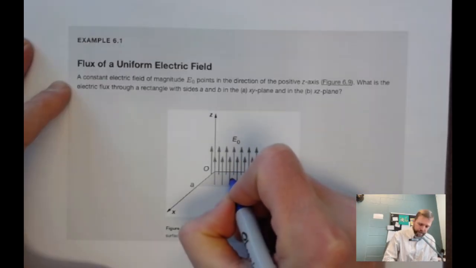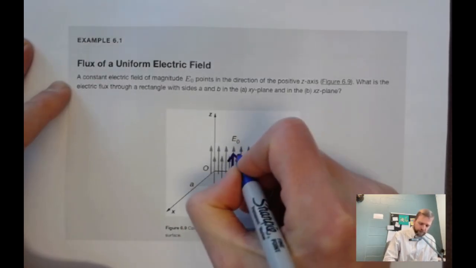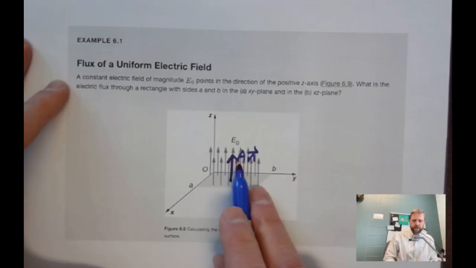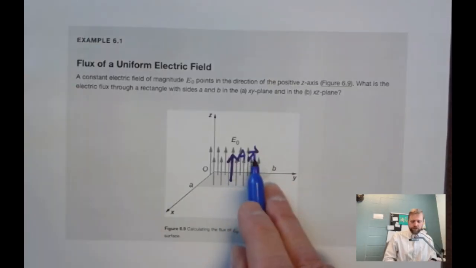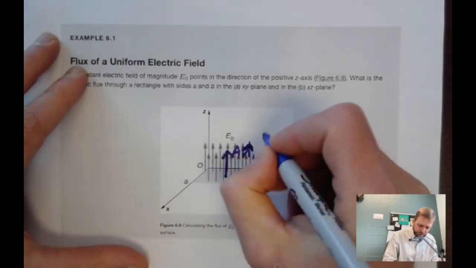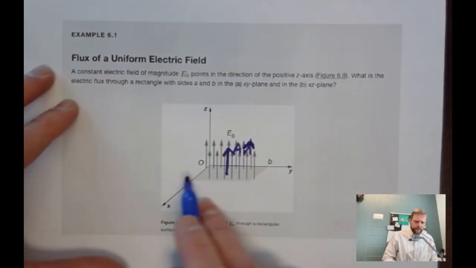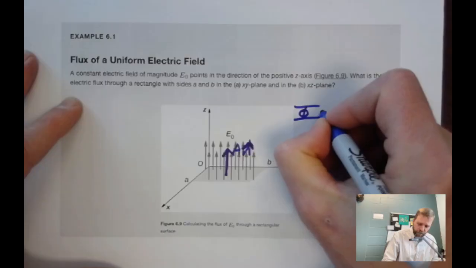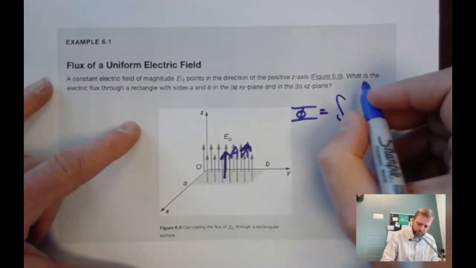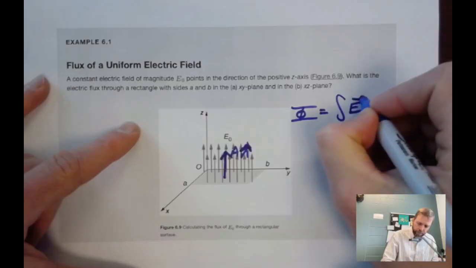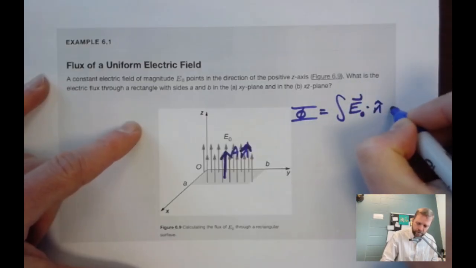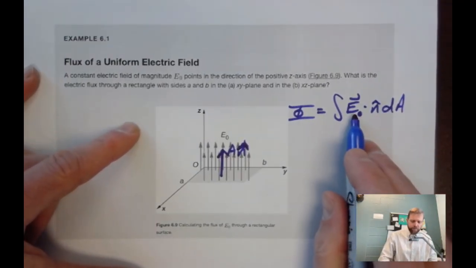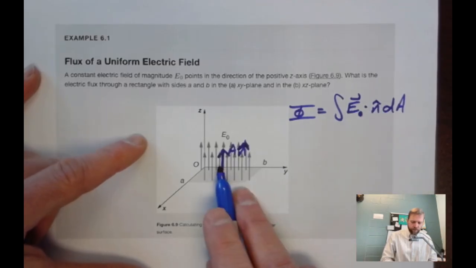So we can illustrate that like this. This is the area vector, which we illustrate with the area times the direction. This should be a little hat, the unit vector in that direction. Okay, and so then let's write down our equation. We've got the flux is equal to the integral of the dot product of E and dA. E is constant, and the dot product of this, if we look at this problem,